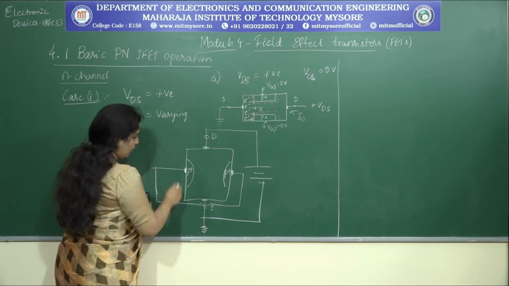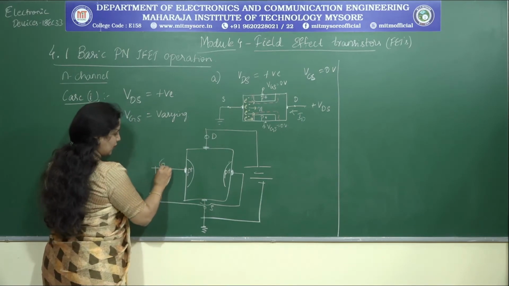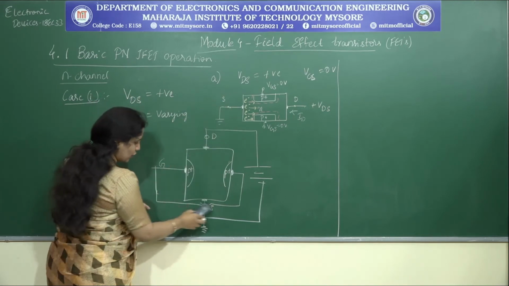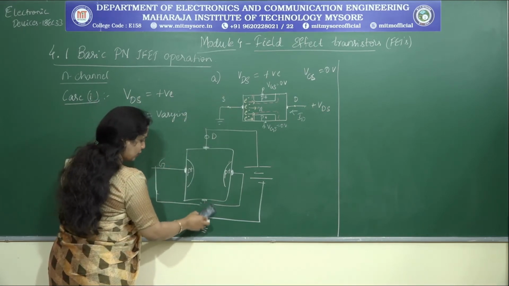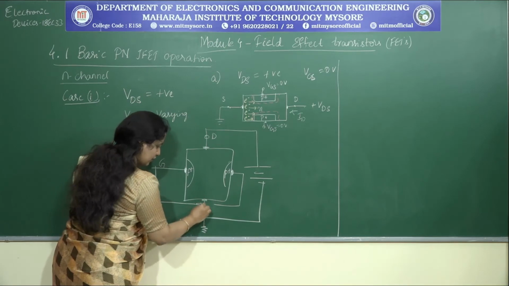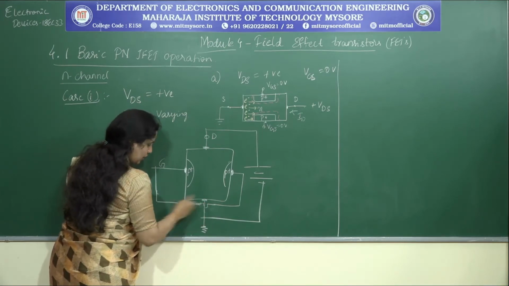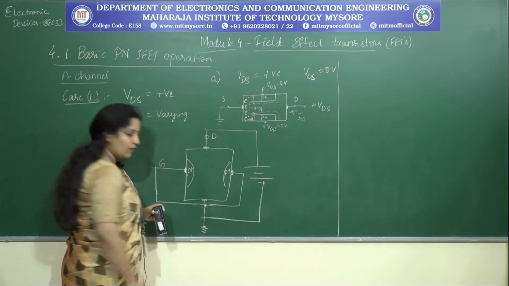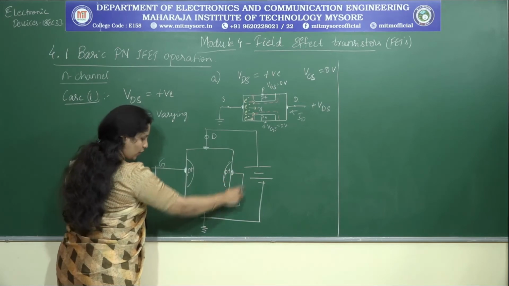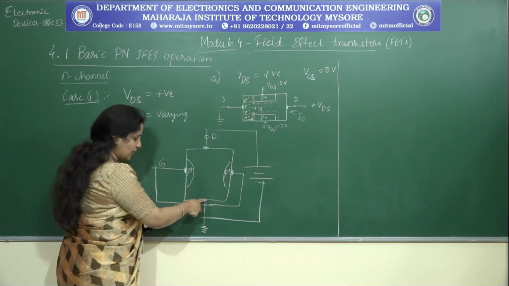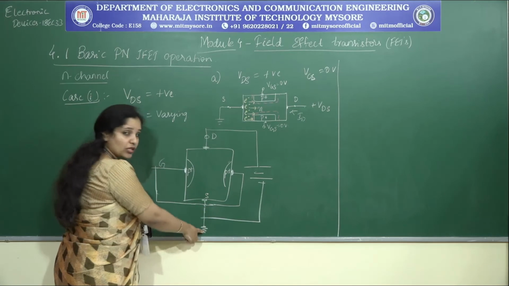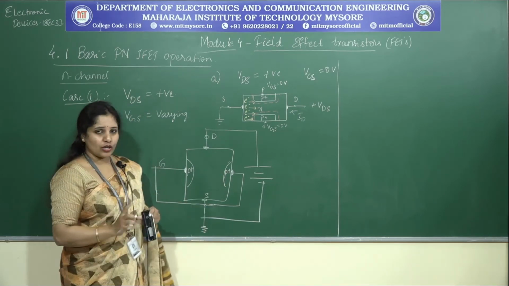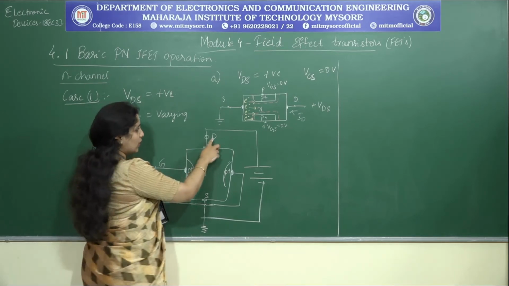Now, see, even the gate to source potential, this is the gate terminal that I have. What is the value of the gate to source voltage? It is 0 potential. So, what I will try to do is, I will make a connection here, just like this, which indicates that the gate terminal is at the same potential as that of the source. And how is the source connected? It is grounded, which means that the gate and source, both of them are at 0 potential. Done?